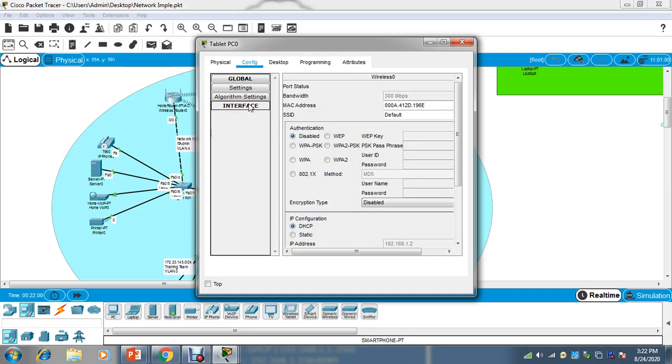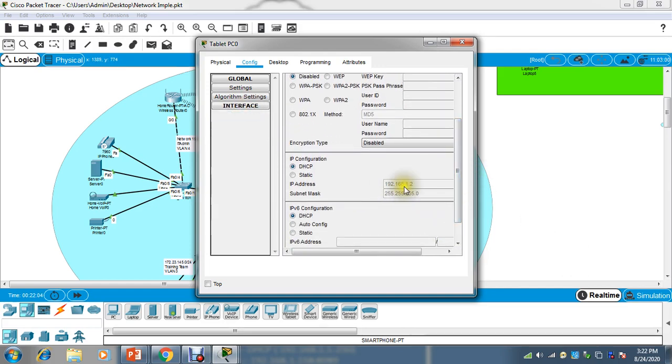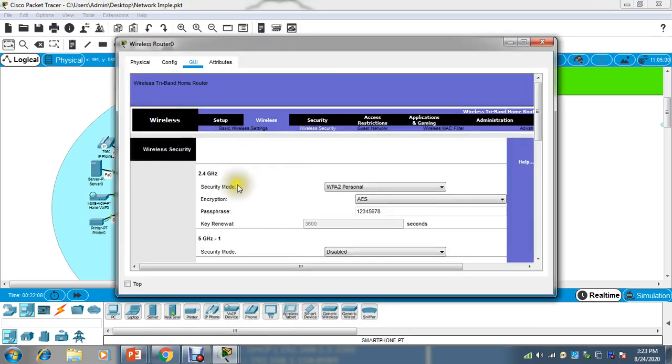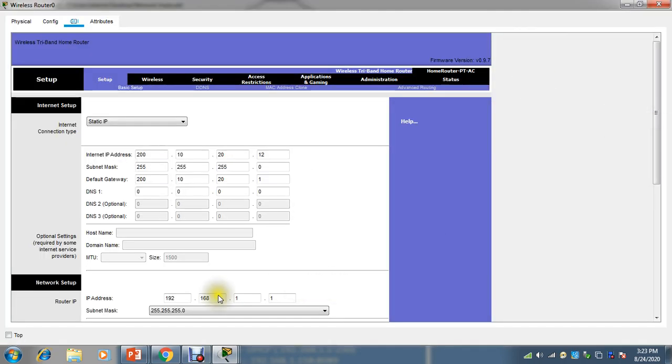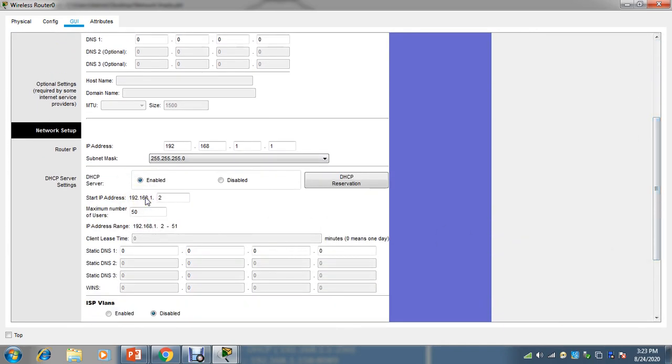It is taking an IP address. You can see here it took 192.168.1.2, which is configured here. We gave one range here, starting from 192.168.1.2. It is taking IP addresses from there only.